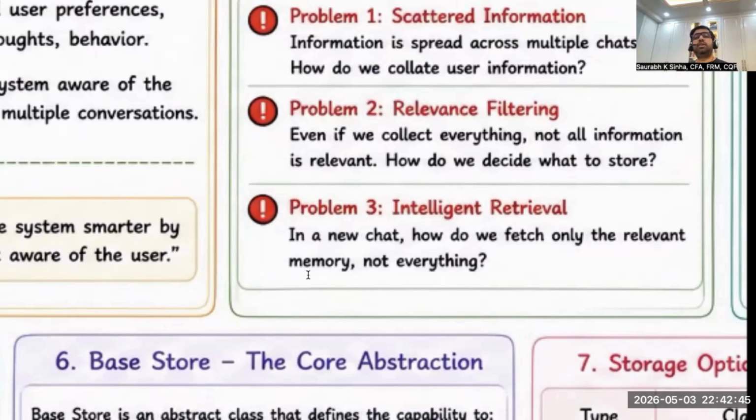Now assume you successfully stored relevant information. And now in a new conversation, think about this problem statement and then you will understand the complexity of this problem. In a conversation, you start discussing travel to a specific city. Now, your preferences for that city were discussed earlier. So it is stored somewhere. Now, the challenge is how does the system fetch only the relevant memory associated to that city instead of dumping